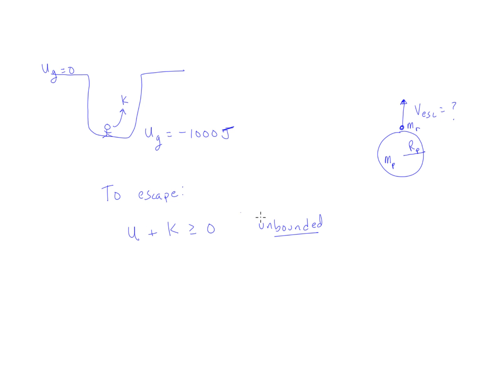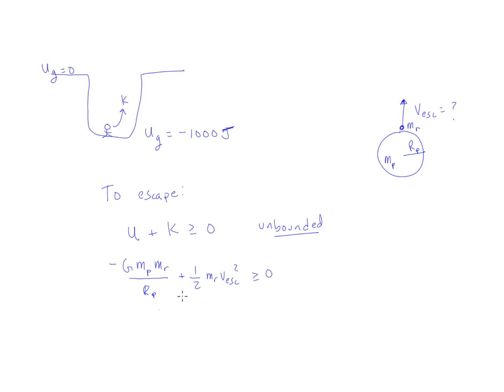So we know in order to escape, or for the rocket to be unbounded, we have this energy consideration. So we can just plug in our equations for potential energy and kinetic energy and make sure that is greater than or equal to 0. So potential energy, again, is just our gravitational potential energy equation, which is minus G, mass of the planet, mass of the rocket, divided by the distance between their centers of mass, which in this case is the radius of the planet, plus the kinetic energy, which is the kinetic energy of the rocket,